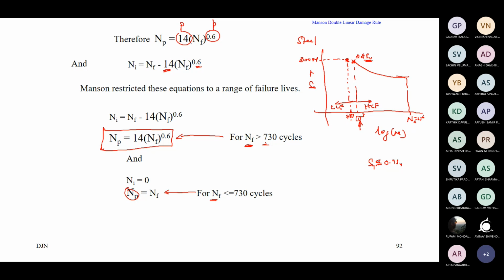That means even if I consider somewhere around 10 to the power 4 number of cycles, in this region also, using the high cycle fatigue approach or SN approach is not that much recommended. This we know now with the well available data. But as a classic theory, or what you find in most textbooks, people consider 10 to the power 3. Okay.